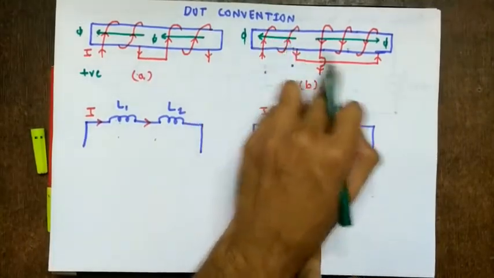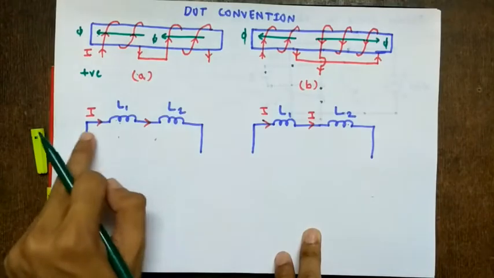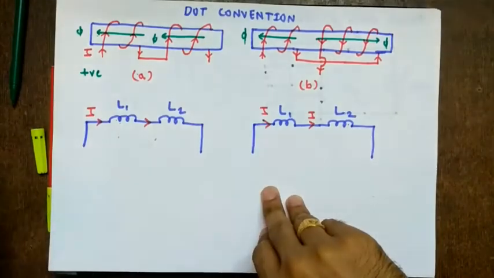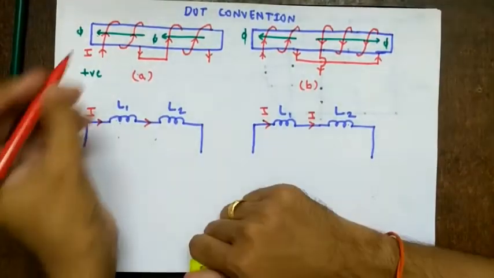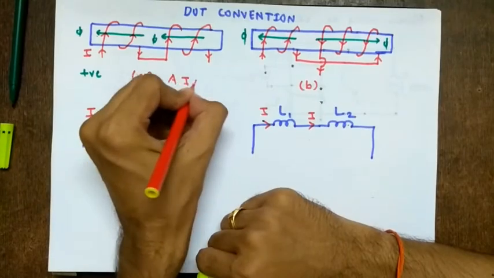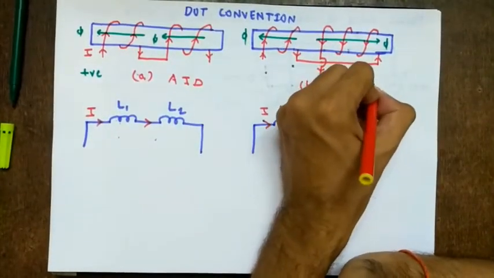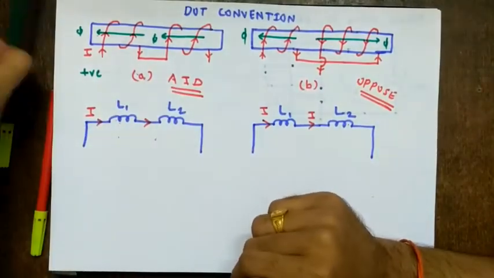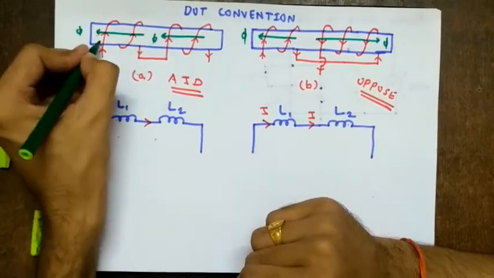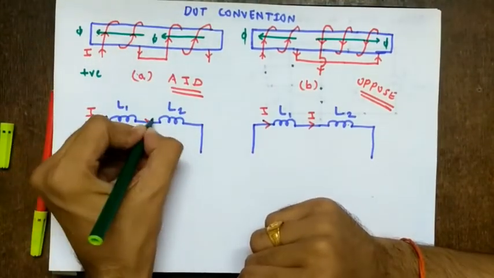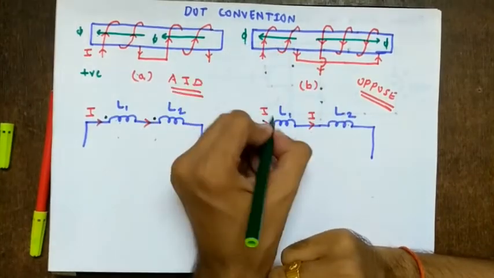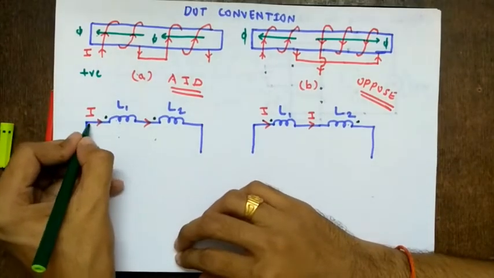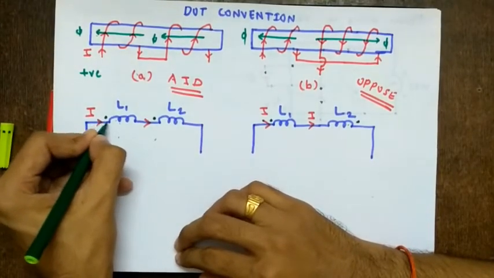I have shown the currents in this way only. They are originating like this over here, right? So how to show these mutual inductances? I can use the dot convention for that. We say they are either aiding each other or opposing each other. In this case, they aid each other. In this case, they oppose each other, right? So again, to show the dots, here they are aiding each other, so I show them in this way. But here what is happening? They are opposing each other, so I show in this way. So you note this during numericals. Here I have put the dot where the current is entering the inductor.